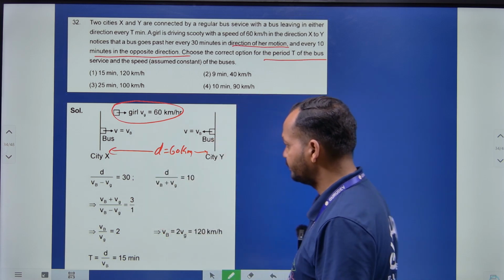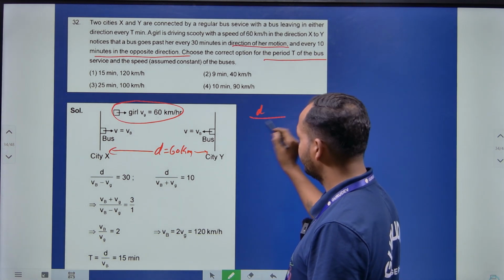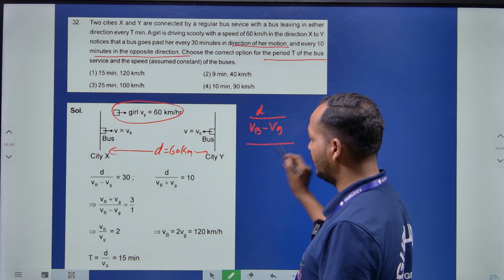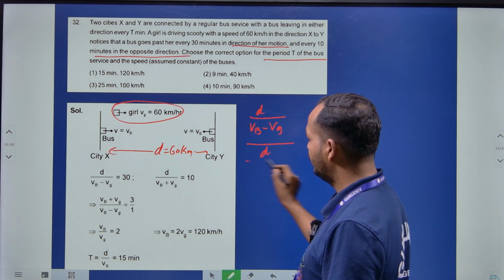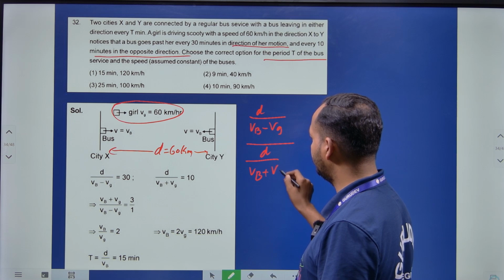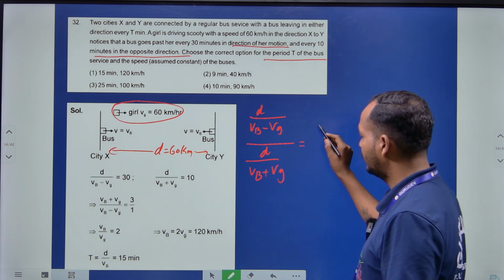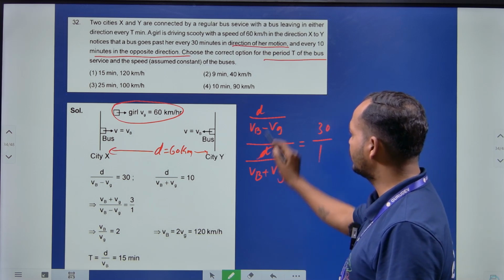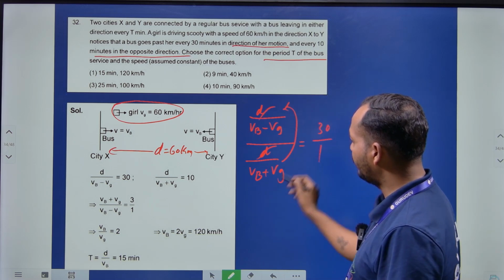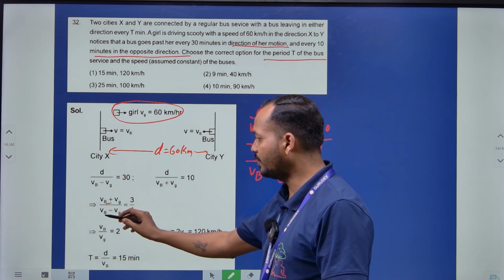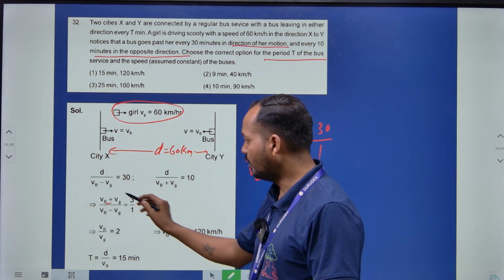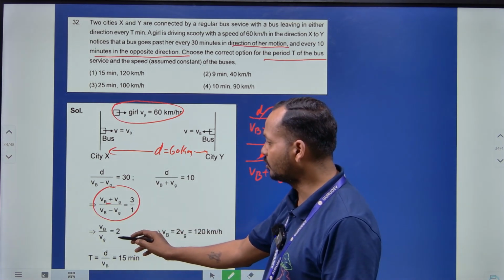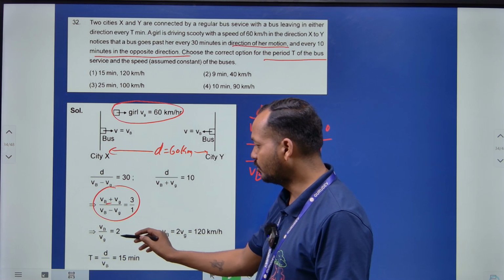तो हम लोग यहाँ पे इक्वेशन दोनों को डिवाइड करेंगे, जैसे कि d बाय वीबी माइनस वीजी डिवाइडेड बाय d बाय वीबी प्लस वीजी विच इज इक्वल टू 30 बाय 10। तो यहाँ d d कैंसिल होगा, ये न्यूमरेटर पे आएगा, तो आपका फॉर्मूला क्या बन जाएगा, वीबी प्लस वीजी डिवाइडेड बाय वीबी माइनस वीजी, विच इज 3/1। तो इसको सॉल्व करने के बाद आपको मिलेगा वीबी बाई वीजी इज इक्वल टू 2,